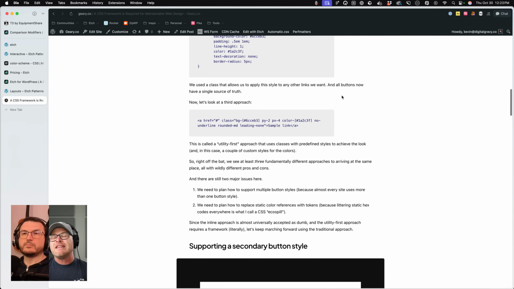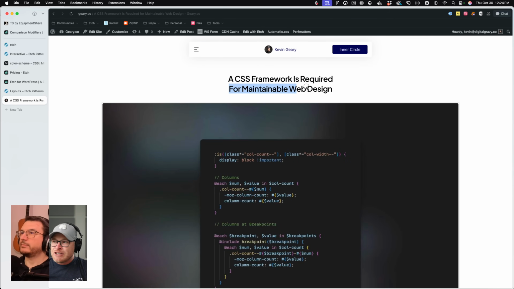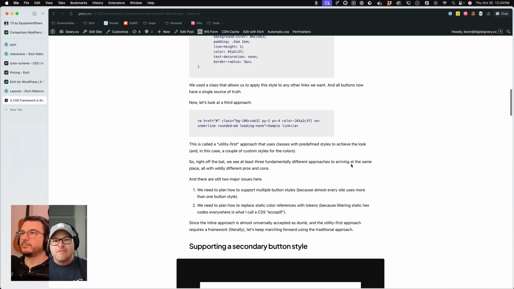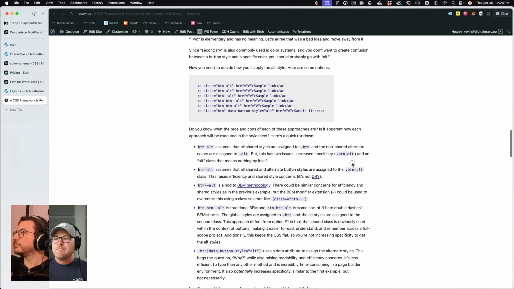Because the idea that anybody would fire up a development environment to start a new project and have no semblance of a CSS framework, that you're going to do everything by hand in CSS from scratch on every new project, is insane. That's why I said it's required. It's required because nobody would work like that. It's just dumb. It's a dumb way to work, period, point blank.